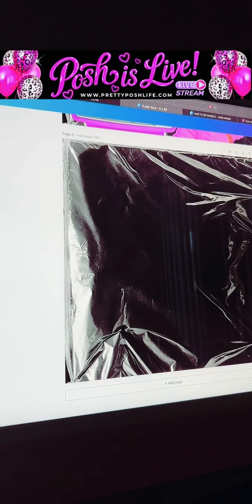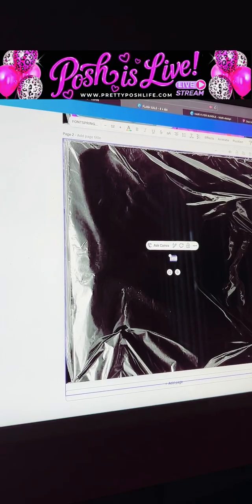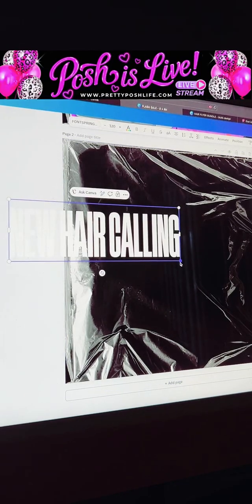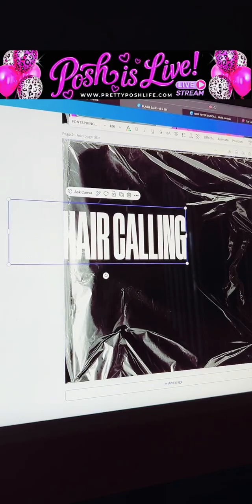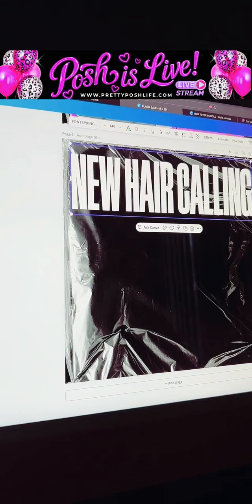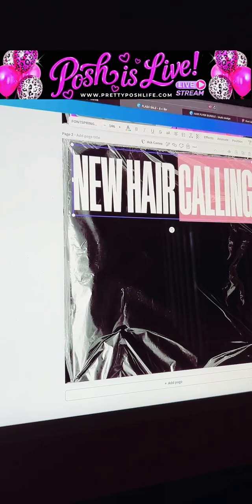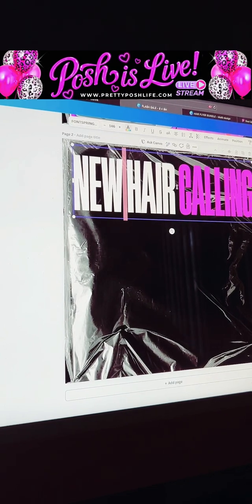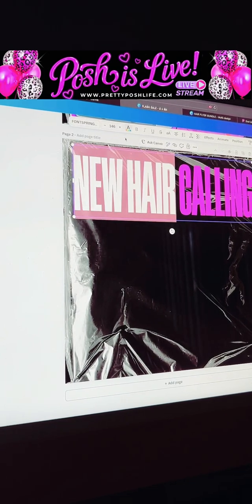Okay, and then new hair calling is going to be the top text and in our colors that we want. So it's going to be fuchsia here. Okay, just like that. And then I'm going to grab a phone